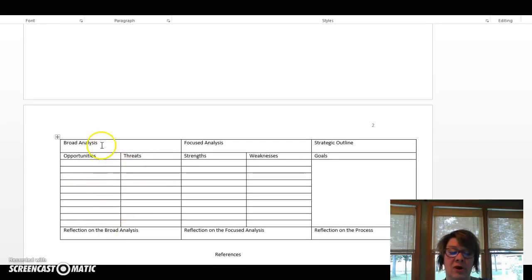So in the broad analysis section, the form itself looks a little deceiving. What you will do is you'll put the majority of the content in this area, and this area will expand for you as you add information. So please be sure that you refer back to the rubric as you're completing your broad analysis to make sure that you touch on the components that you need to touch on when you do the content area of the broad analysis. And I want to remind you, this is not a paper. You can do bullet points in this section, just really kind of a quick and clean overview of the findings,